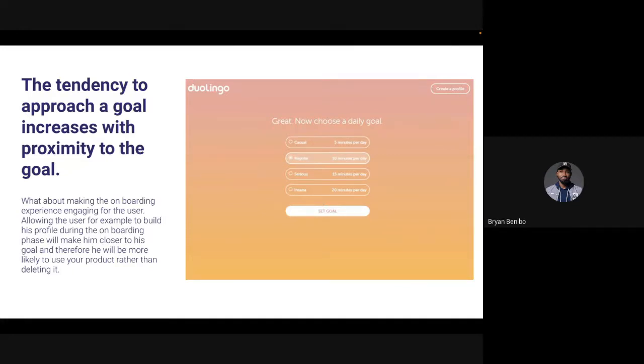An example of this is Duolingo, right? So right there, on your first day that you just signed up on Duolingo and doing all of that, they want to make you what? They want to make sure you select a daily goal. Once they force you to create that goal, subconsciously I've registered it that okay, I have something I want to be doing all the time, right?